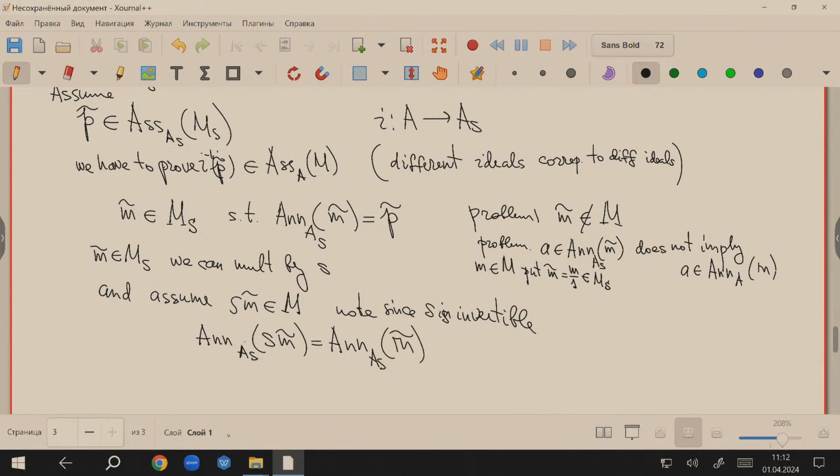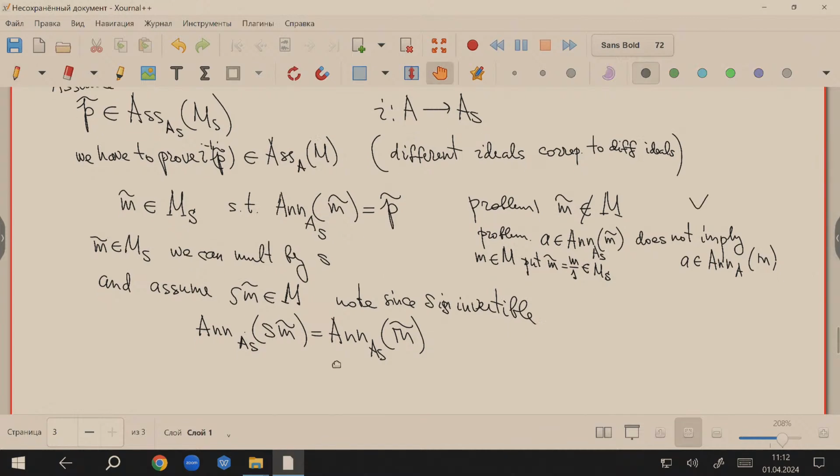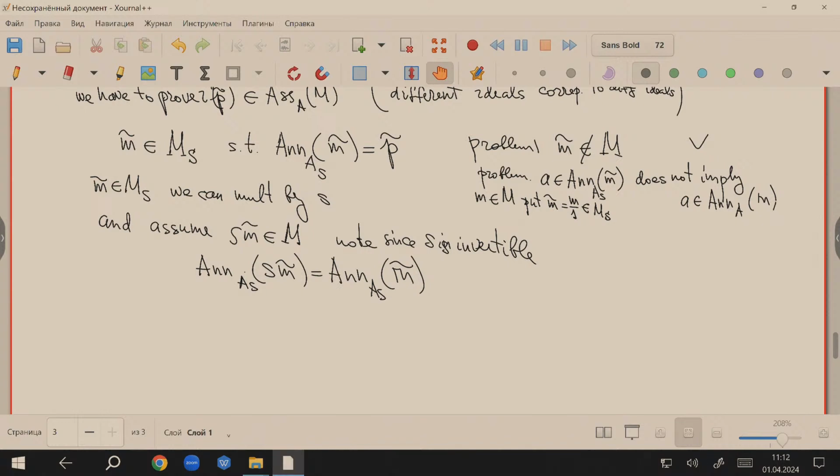So we do not have to bother about this issue. So the first problem is solved. So what about the second problem? The second problem is a little bit technical. It is a little bit more involved because